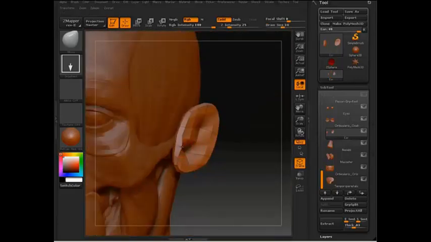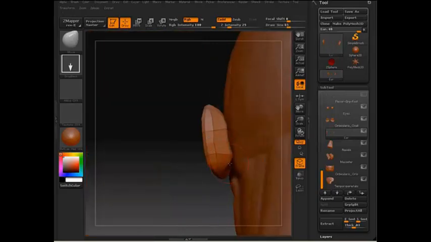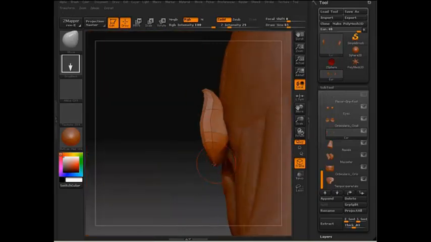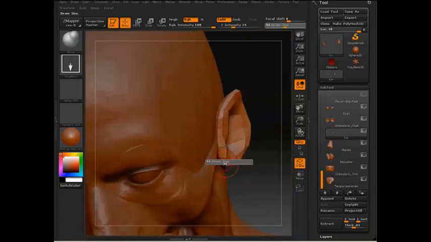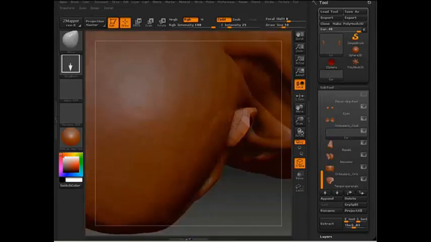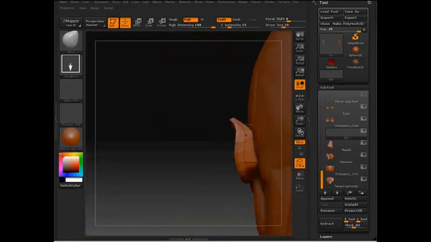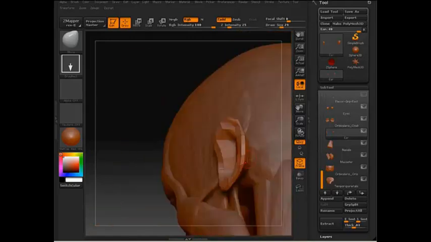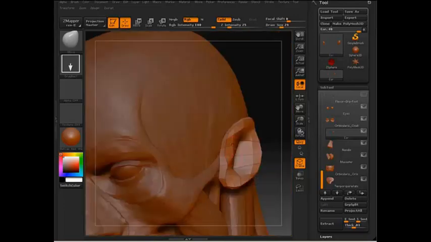And we'll start with a very similar approach to the way we address the mouth and the nose. Just come right in with the move tool and really start to manipulate some of these edges and just roughly put them in the place that we'll need them to define the forms. So looking at that outer shape of the ear, even from the back view, that helix of the ear, that outer